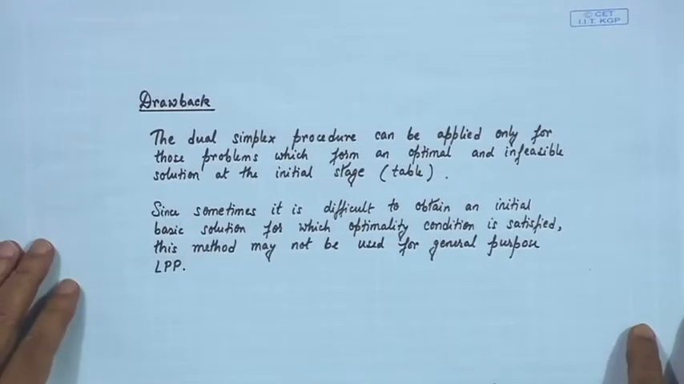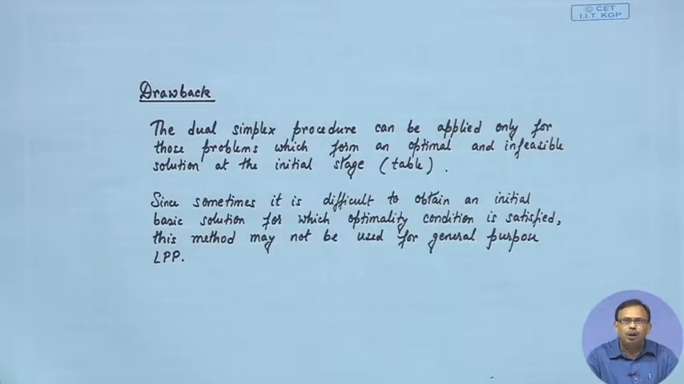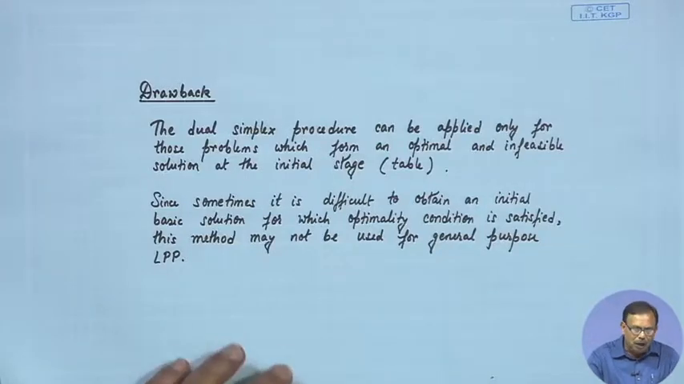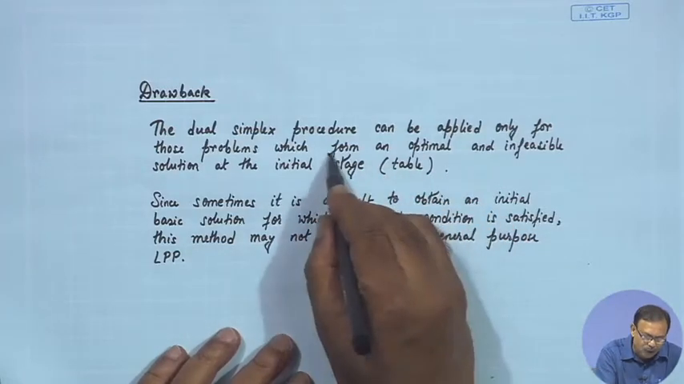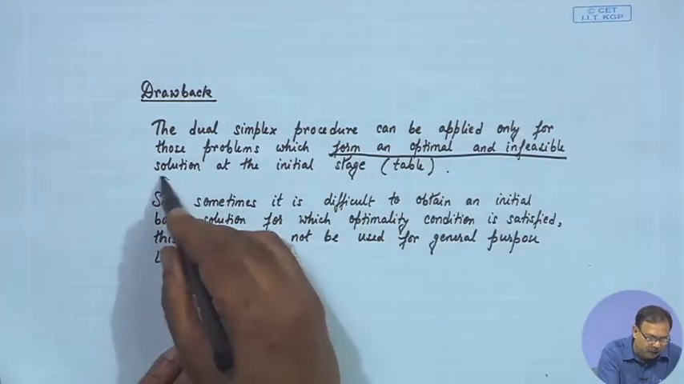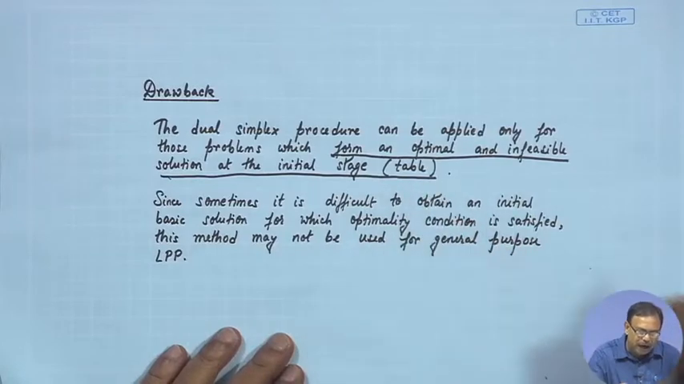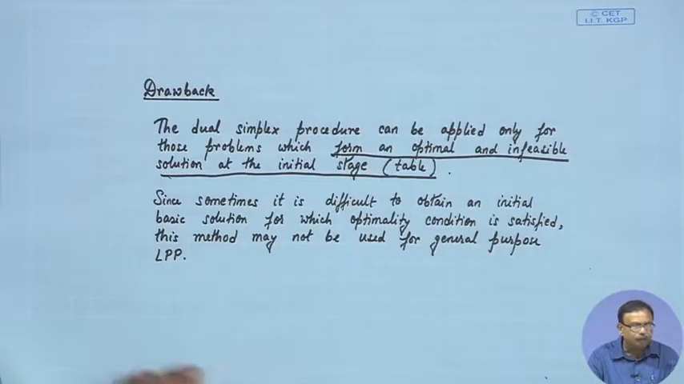So, what is the drawback of this dual simplex method? The drawback of the dual simplex procedure is it can be applied only to those problems which form an optimal and infeasible solution at the initial stage. Please note this one, which form an optimal and infeasible solution at the initial stage or initial table. Otherwise, we can't use this